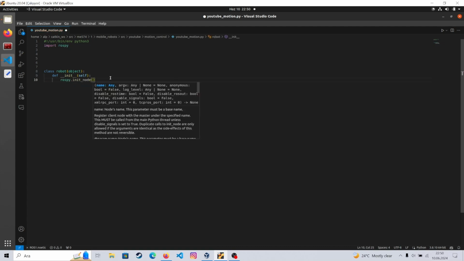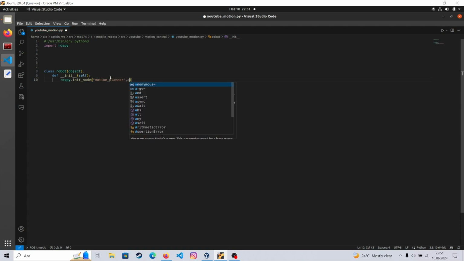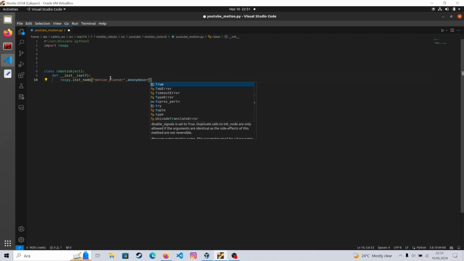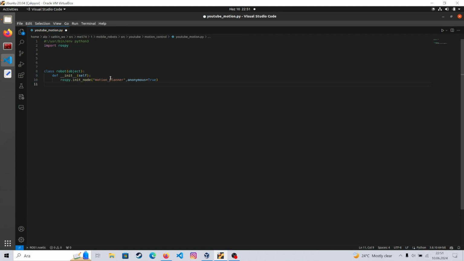rospy.init_node. What should we say? Motion planner. Anonymous should be equal to True. And now, first of all, let's just assume, what do we need? We need a velocity, we need odom, and some kind of placeholders. Let's just start with publishers,